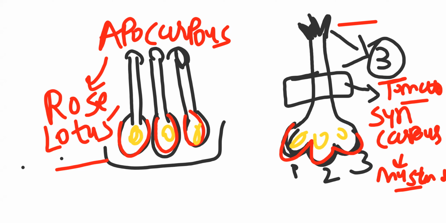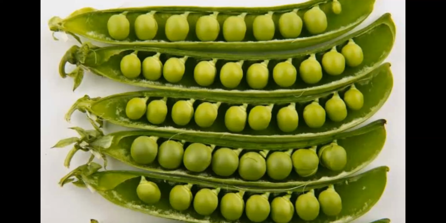Now, we are going to learn a very important topic. Like one, we have learned aestivation. Now, the second topic that we call placentation. In that, what is placentation, first of all? Arrangement of ovules. The arrangement of ovules within the ovary is known as placentation. See, ovule ultimately converts into seed.